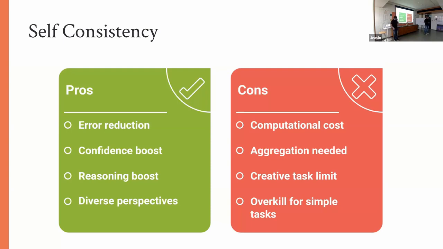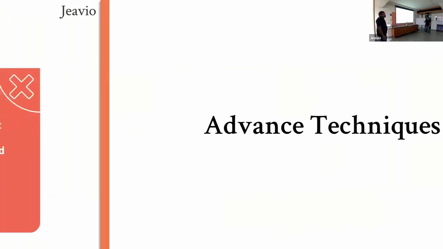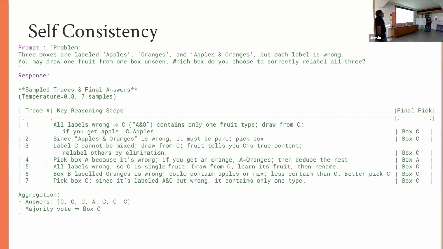So the next is self-consistency. As Rajendra mentioned, there are caveats of using COT because we ask the LLM to reason on a particular path of reasoning steps. We don't want to derail it to only a specific set of reasoning. So in self-consistency, we use multiple reasoning paths so that we can get the answer.